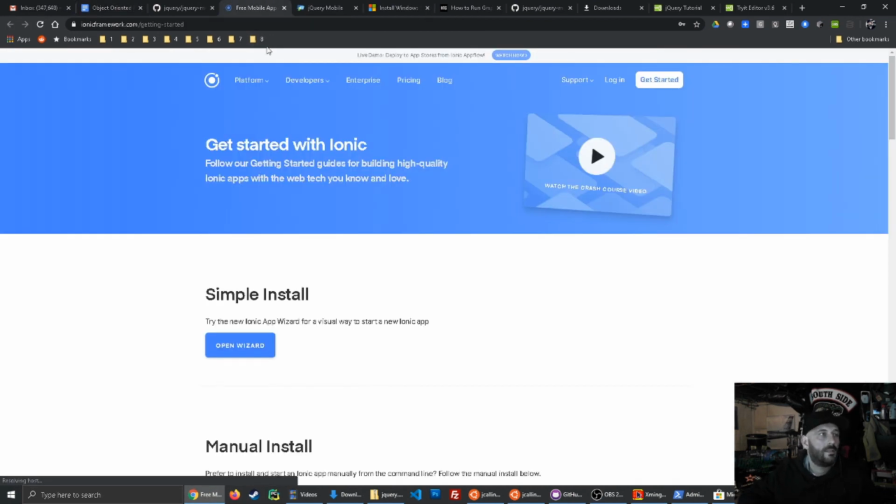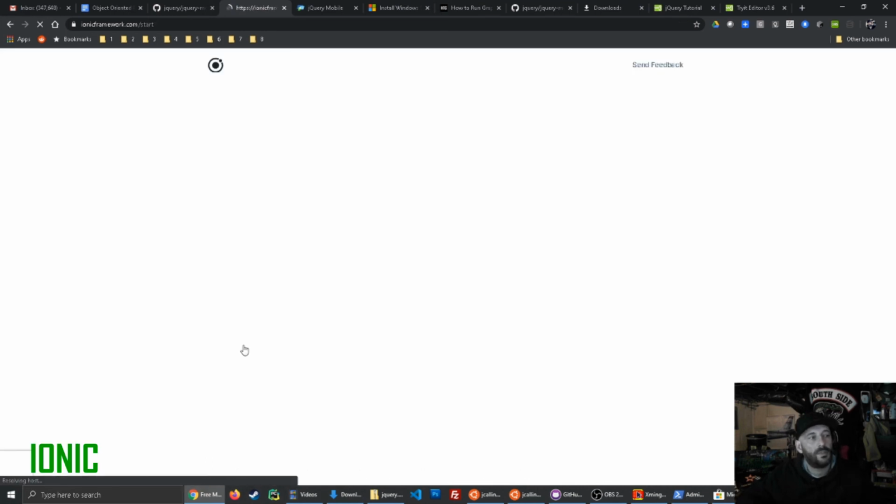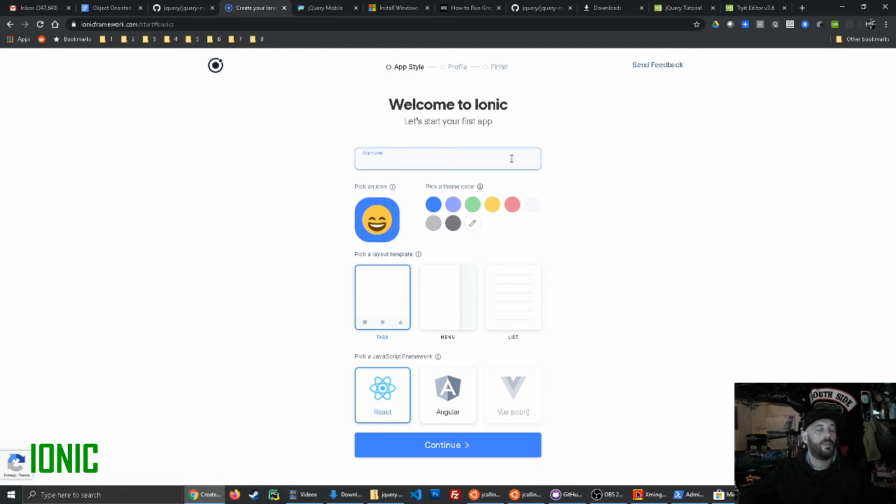For Ionic, this is probably one of the largest in terms of becoming an enterprise application. I think they're selling a good amount. This has become popular. So there's some really simple ways that you can